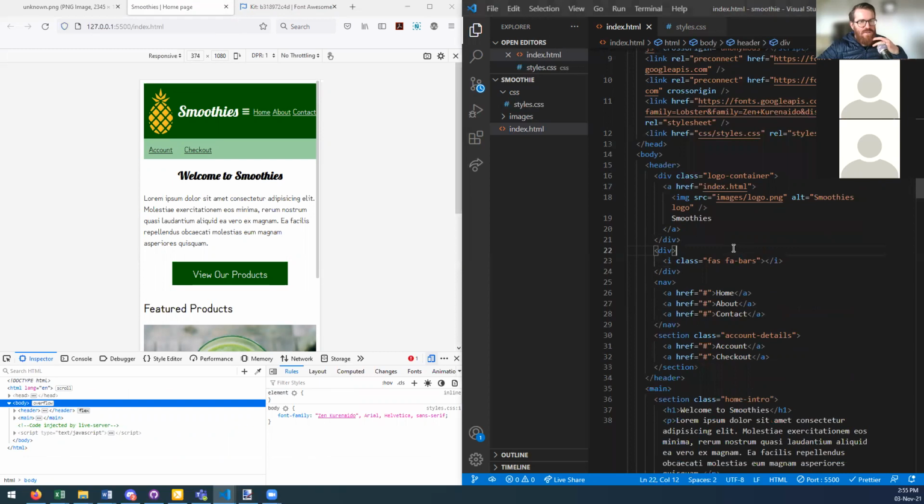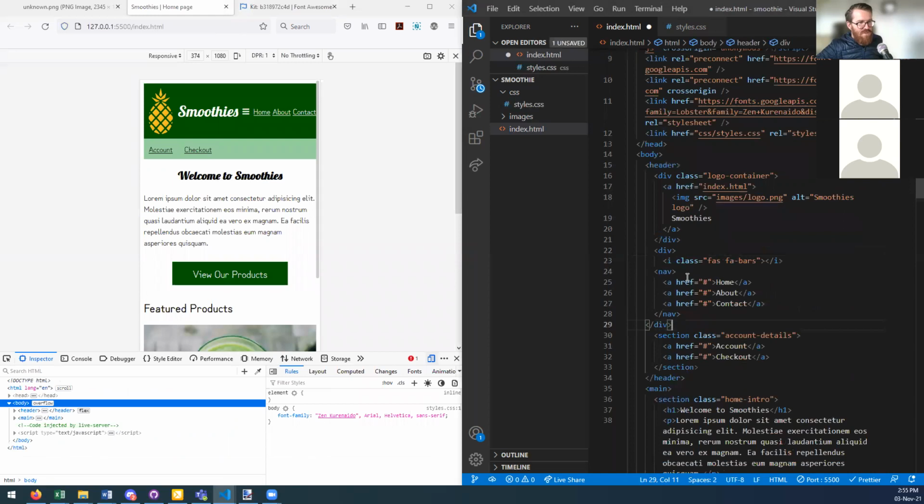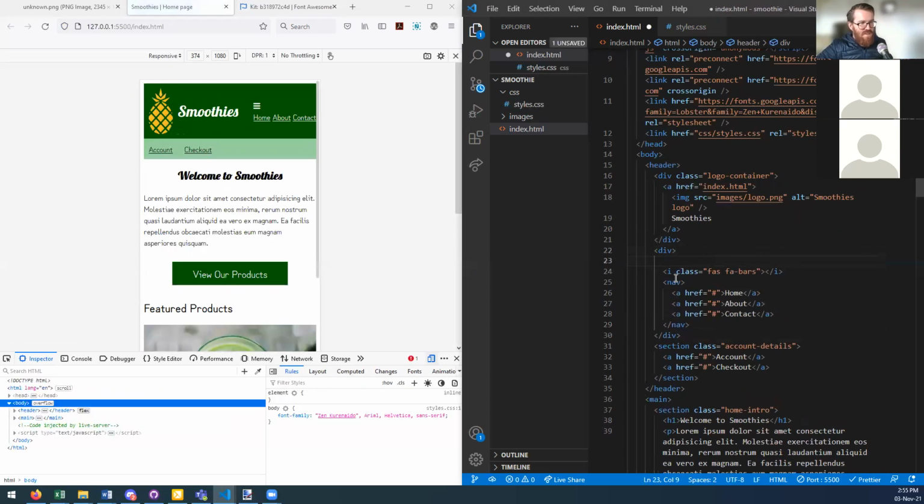But what I need to do is create a checkbox here. Maybe what I could do is group this together. So let me go here and group. I need to make sure that the checkbox and the nav are siblings. So I'm going to go here and create an input type of